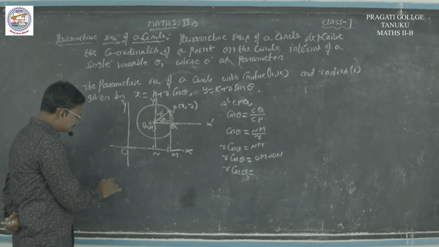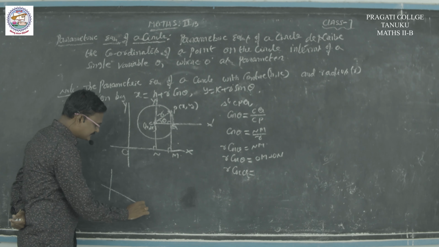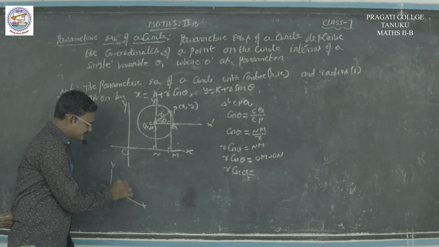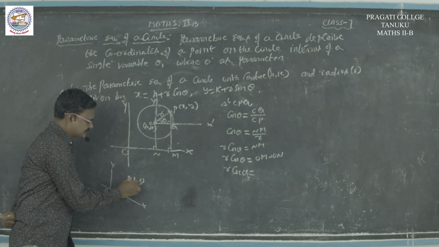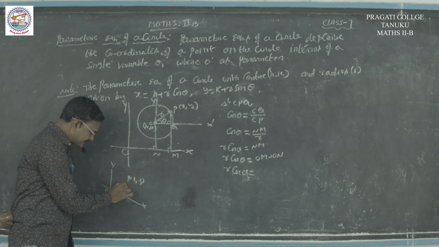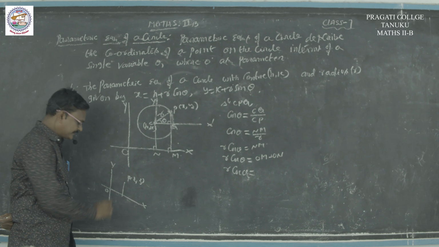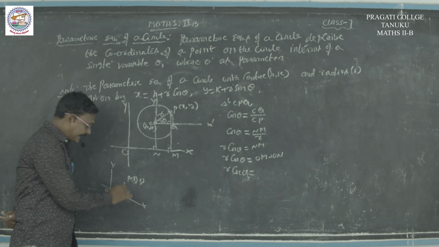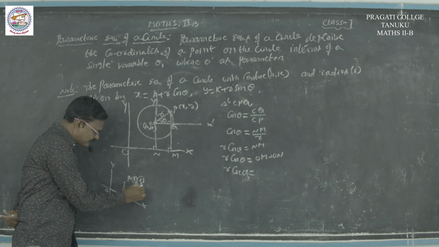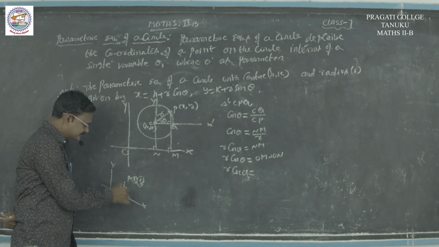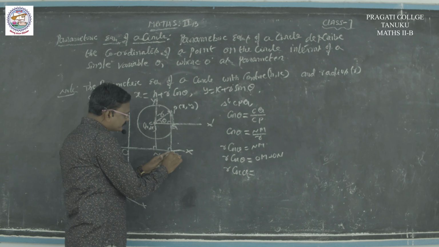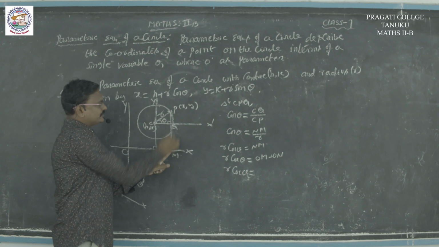I think you know, for example, this is x-axis and this is y-axis. This is the origin. For example, this is P 2, 3, just for example. I am taking a perpendicular. This length is equal to the x coordinate and this length is equal to the y coordinate. Is it or not? This is 2 units, this is 3 units. So OM length is equal to the x coordinate of the corresponding point P.